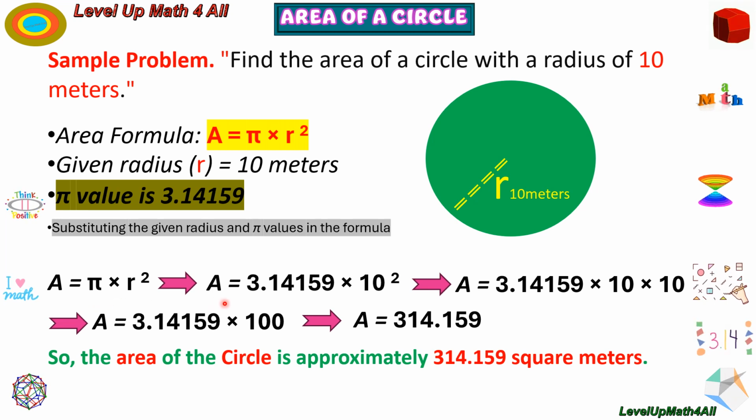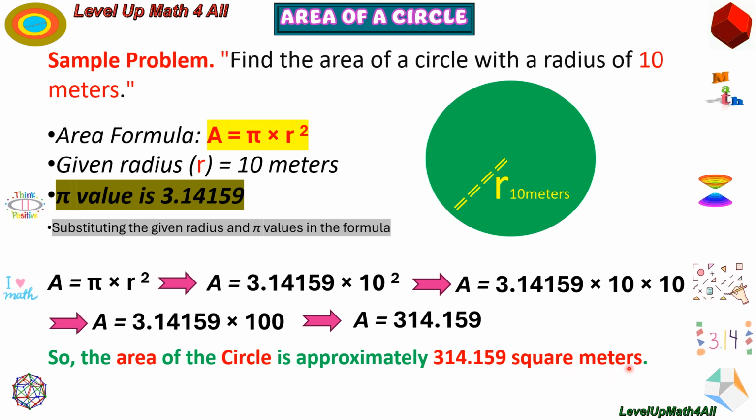That is the pi value times 10 times 10, expanding the 10 squared. So pi times 100 is 314.159. You might know about decimals, or if not, we will learn about decimals in another video. So the area of the circle is approximately